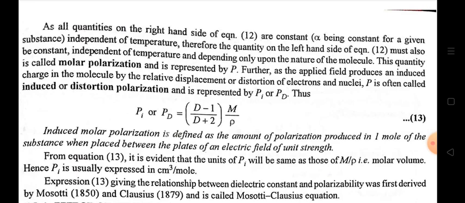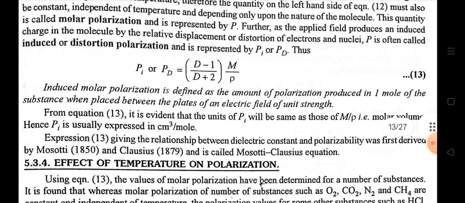That is equation 13. Induced molar polarization is defined as the amount of polarization induced in 1 mole of the substance when placed between the plates of an electric field of unit strength. From equation 13, it is evident that the unit of Pi will be the same as those of m by rho, or molar volume. Hence, Pi is usually expressed in centimeter cube per mole. Expression 13, giving the relationship between dielectric constant and polarizability, was first derived by Mossotti in 1850 and Clausius in 1879 and is called